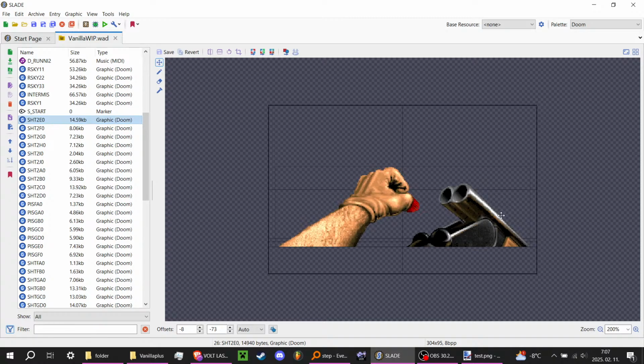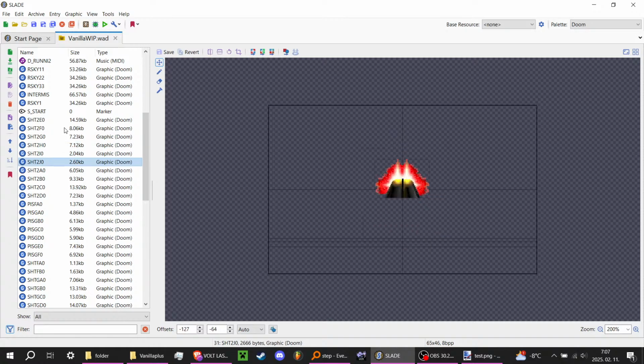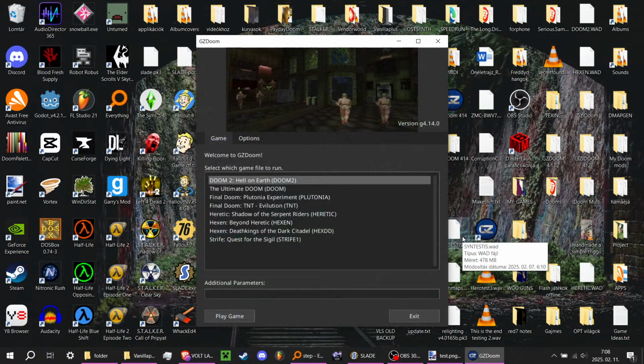Now I don't know if you can see it, but these are technically the original images. I used the original images, as you can see, because I want this mod to feel more kind of vanilla, even though it's different. I also removed that pixel there because the original Doom, if I just open it